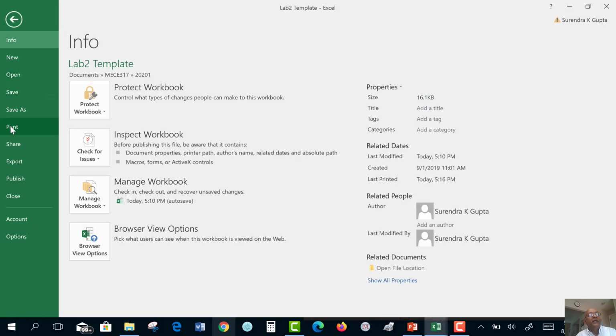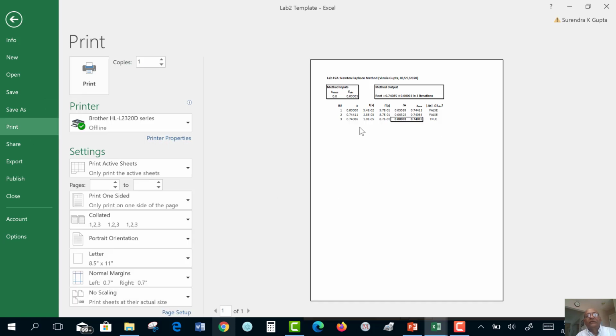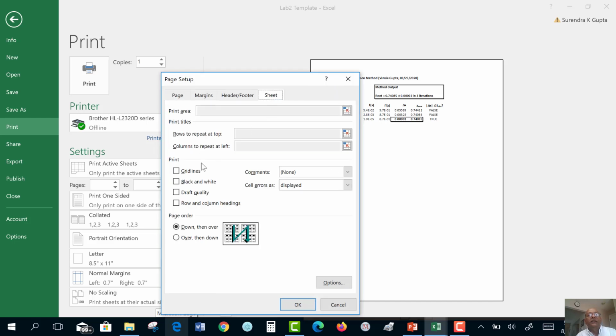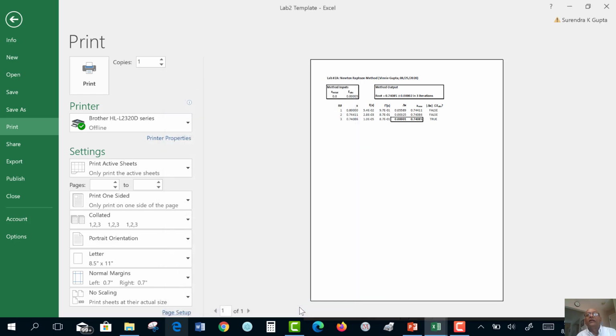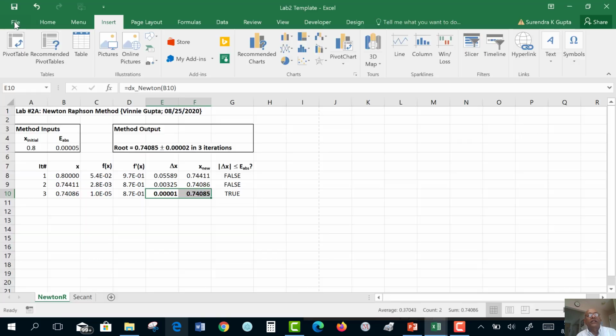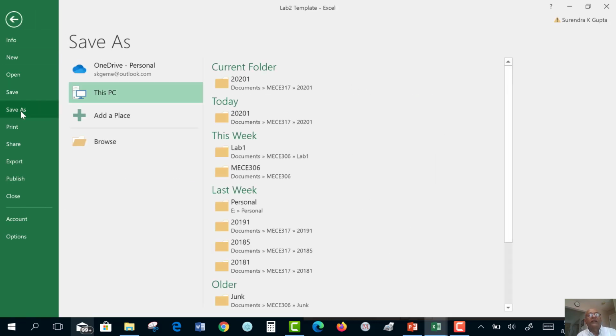File, Print. We need grid lines, etc. So page setup, sheet. You want grid lines, row column headings. Okay. Again, everything fits nicely on a page, so we are all set. We have names on our sheets. Everything is good. So now we can do File, Save As,